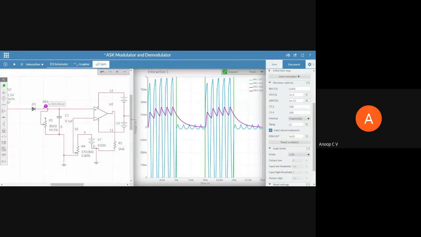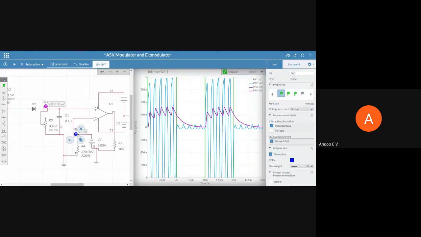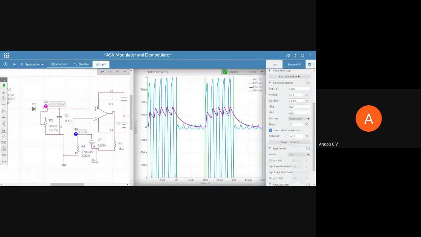Right. So maybe what we can do is, for that, we'll also try and observe the reference voltage. So I'm keeping a probe here so that we can observe the reference voltage as well. So this is the reference voltage. How have we given a reference voltage? I've given a DC source to a potentiometer, and from the variable end of the potentiometer, we are giving the reference voltage so that we can tune it.